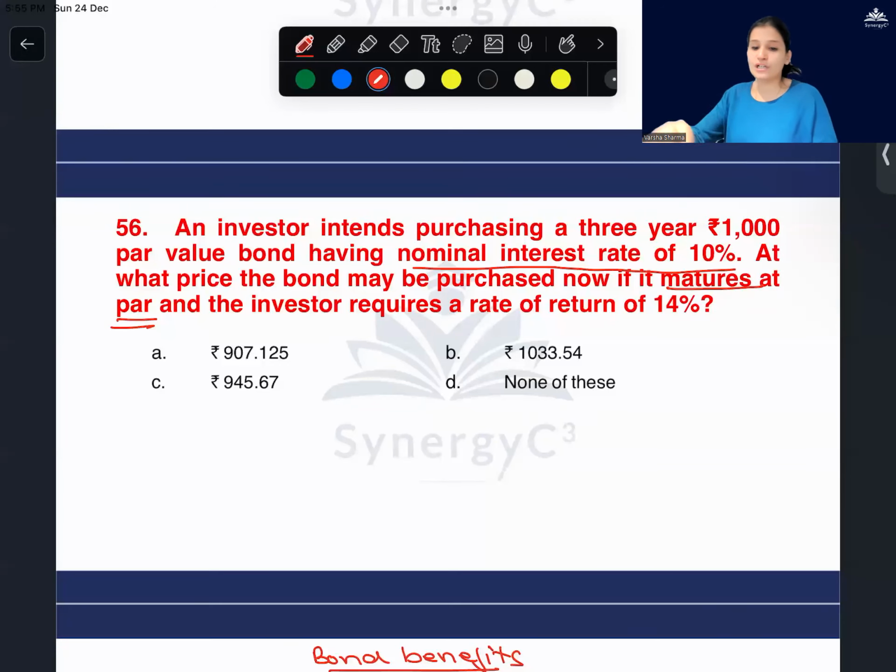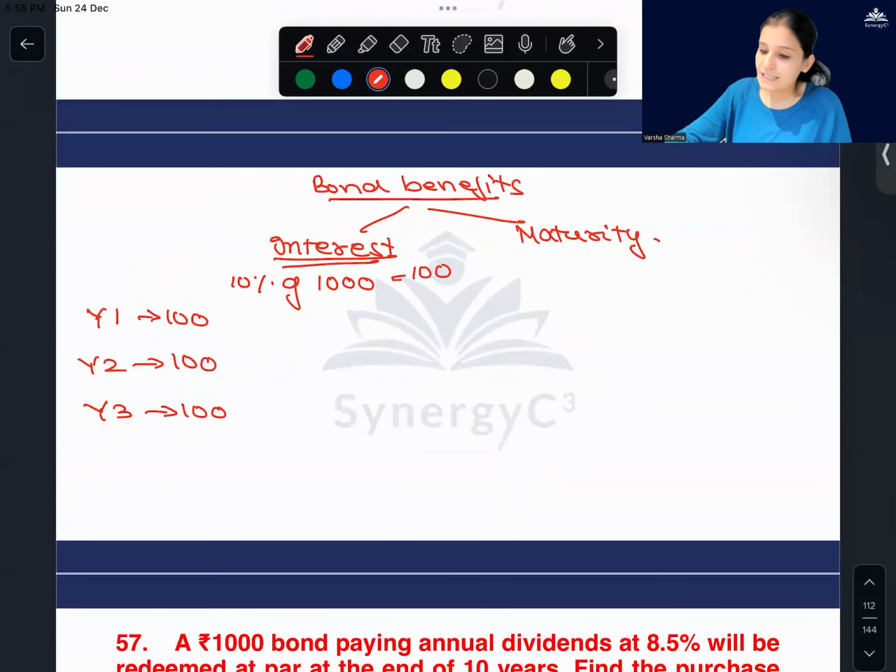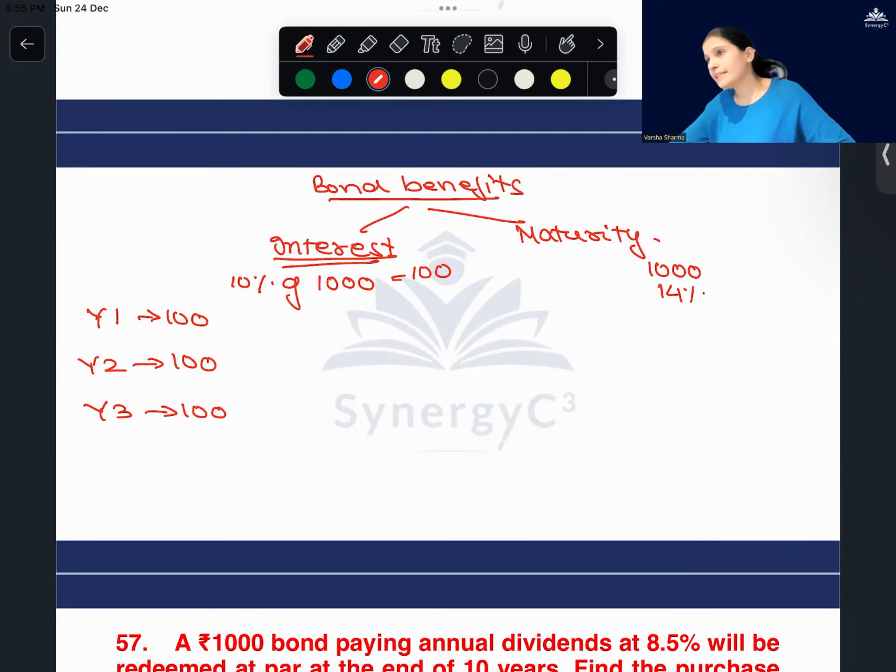Yes, in this particular question, at maturity I'm going to sell it at par. So it's again 1,000. It's not increasing. Rate of return is 14%. But I cannot calculate after 3 years. I have to calculate it today because I'm comparing it with today's loan amount. So what will be my present value? Is it a question of annuity? No, it's a one-time payment. So a normal future value, present value question.